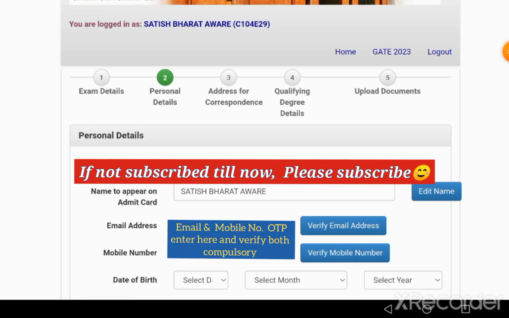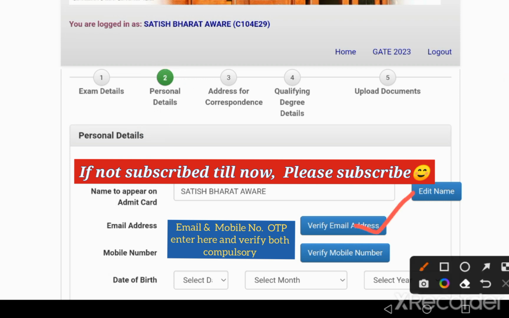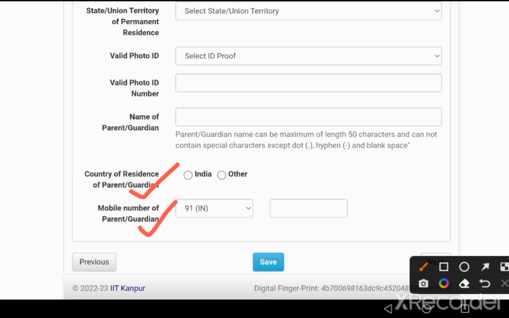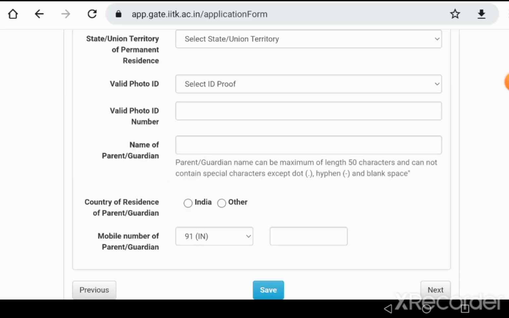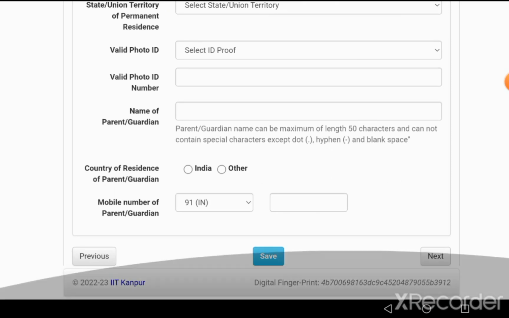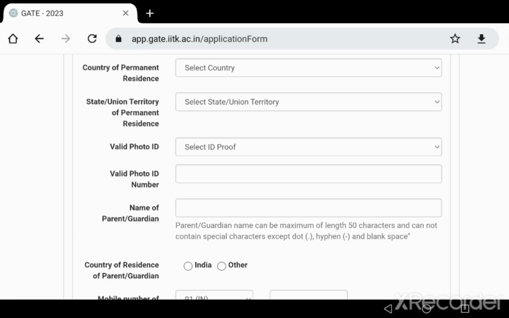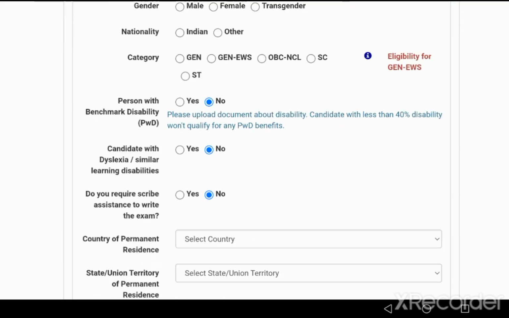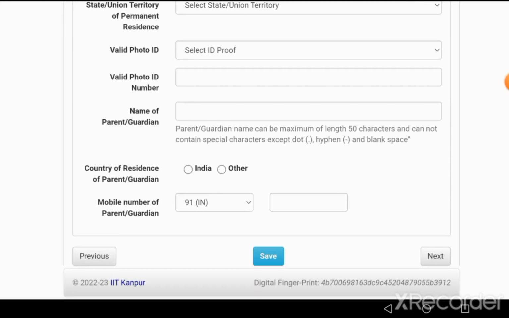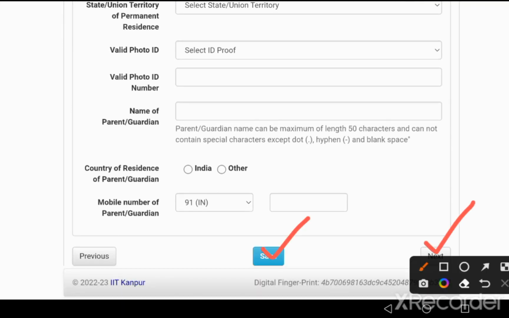As you click on the save and next button, you will jump to the personal detail page. Here you have to confirm your mail ID and your mobile number, as the OTP generation process uses them. After filling in all details carefully, check once again whether all details are correct or need any correction. Then click on save first, and after save, click on the next button.